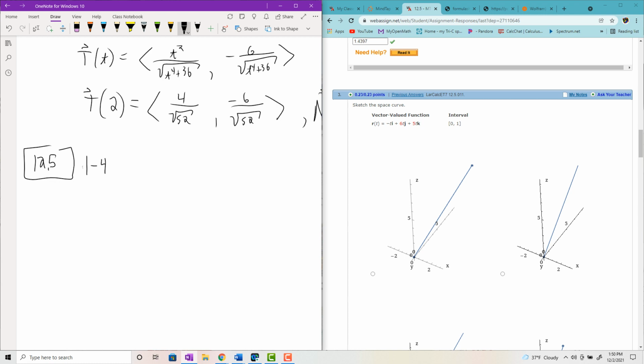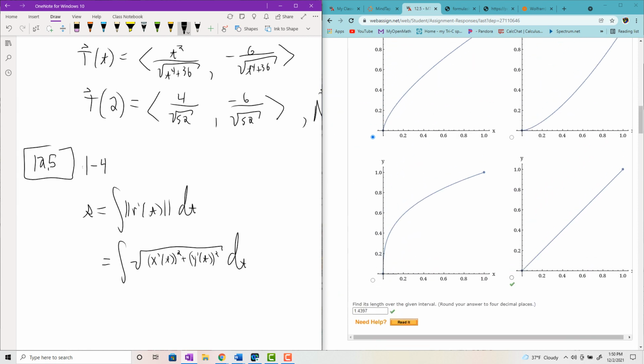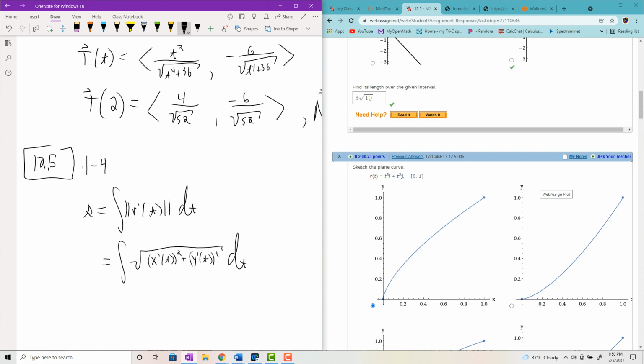And so if you remember from what we did with the line integrals, the arc length integral is basically the integral of the magnitude of r prime of t dt. Okay, so in our work here, what will that look like? It'll look like the integral of the square root of x prime of t squared plus y prime of t squared, which you may remember from Calc 2. That's just your arc length formula. And then if you took the derivative of s with respect to t, or ds, you would get just the magnitude of r prime of t